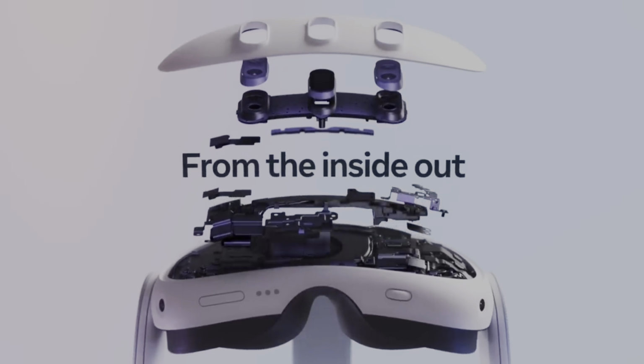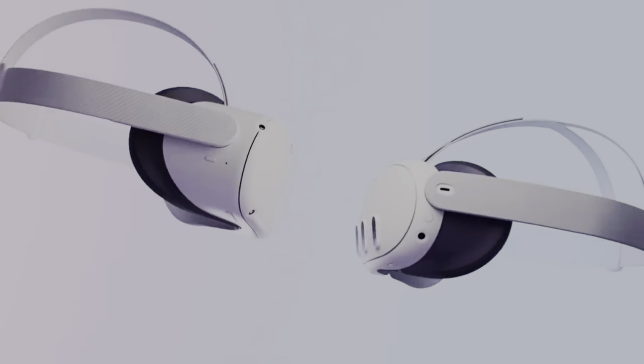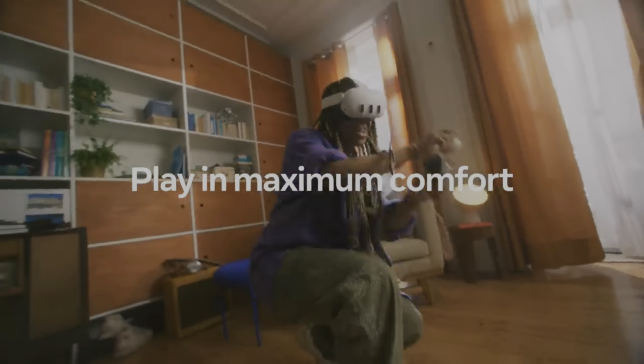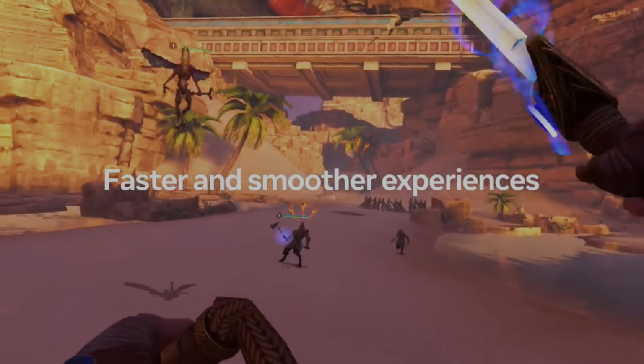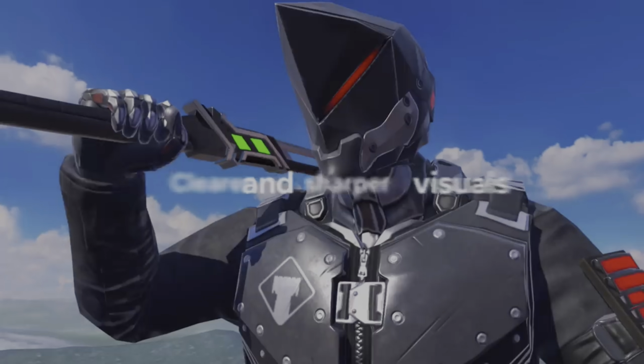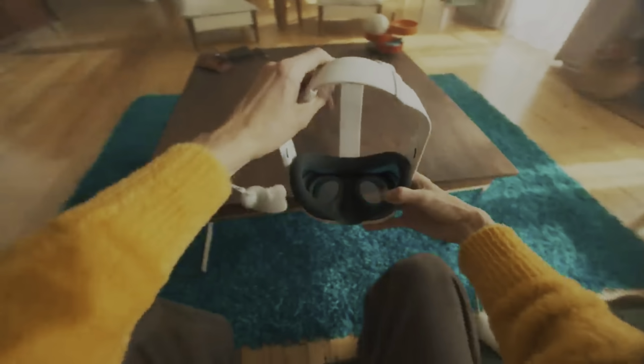Obviously, the games that are updated for the Quest 3 with better graphics have definitely improved, but nothing beats the pancake lenses on this thing. It is a game changer. It's still the best lenses, even though the Big Screen has an OLED panel. The Quest with the pancake lenses is clear from edge to edge, which the Big Screen can't even compete with. So as far as edge-to-edge clarity, even though the Big Screen also uses pancake lenses, the clarity on these is just bar none the best lenses I've ever seen in VR,